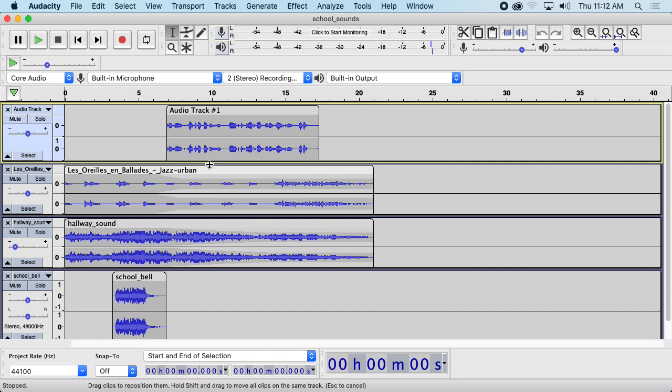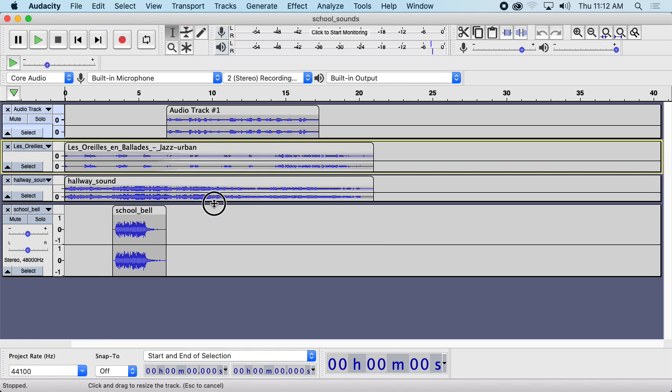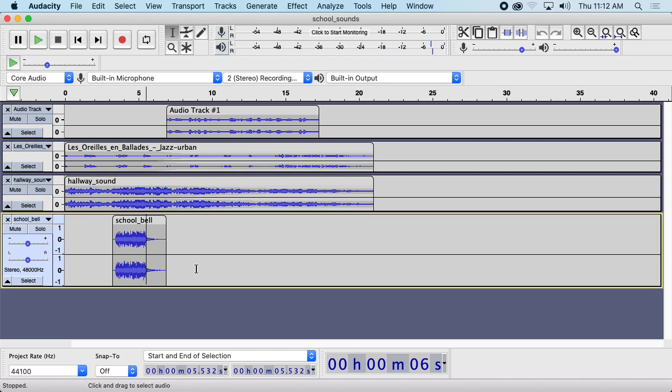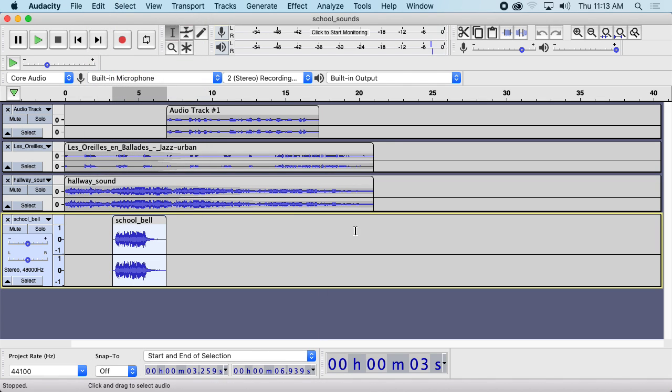So one thing is kind of the difference between these tracks. So for example, let's say I wanted to make the school bell sound play again at the end. If I wanted to make a copy of this, I can select the audio in this track, or I could select just a part of it, whatever I wanted to copy. And if I want to repeat it, I can just do edit, copy,